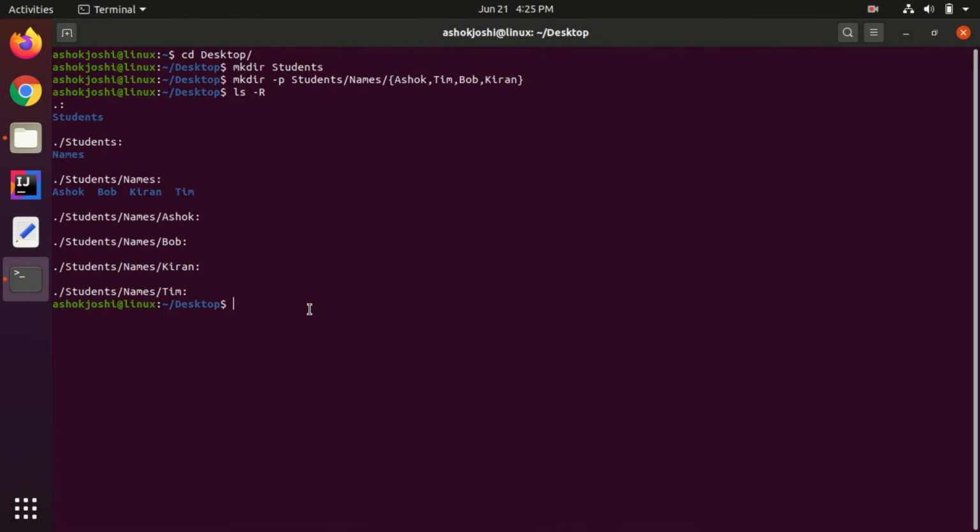Now in case you want mkdir to display complete details of the operation it's performing, this can be done through the -v command line option. So we can use the -v option in order to display the details of the operation it's performing.